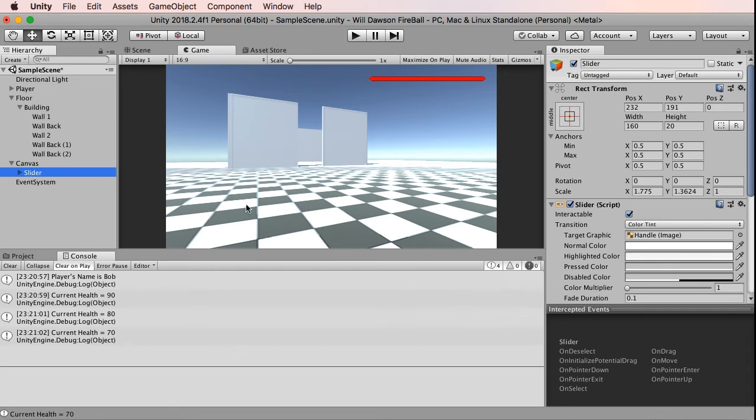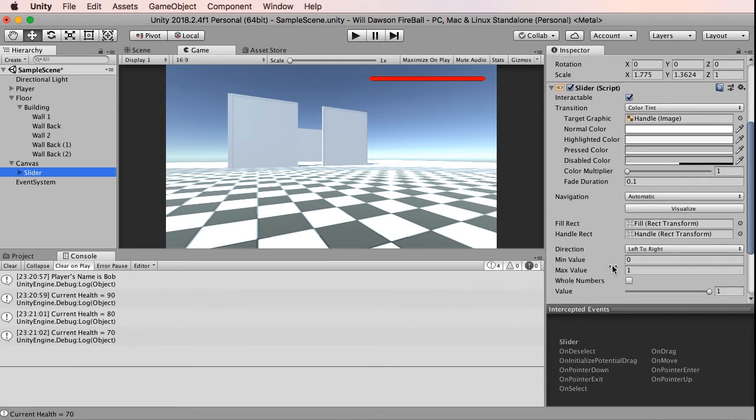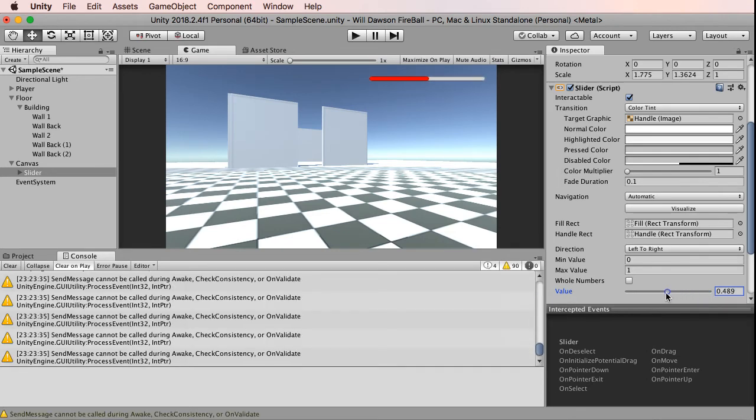Okay, so the variable we just created is not going to hold this slider game object. What it's going to hold is this component from it, the slider script that has all these little variables in it, like the value, right? The value is a variable from the slider script, and we need to get to that value so that we can, during the game, turn our health up and down. So the variable will hold this, and we can't actually take this slider from the inspector and drop it into our